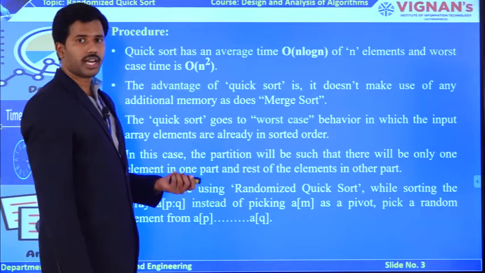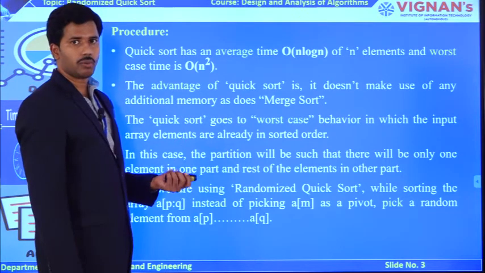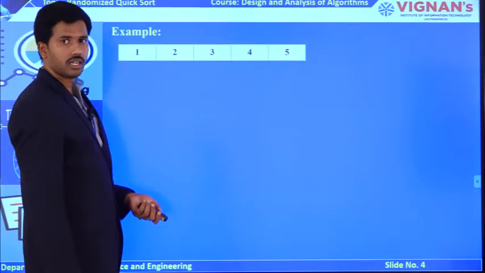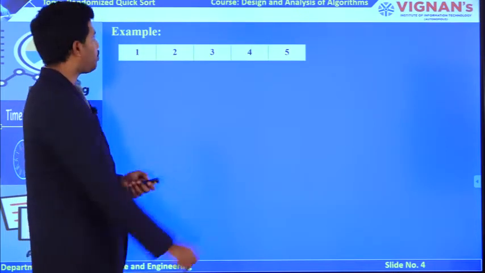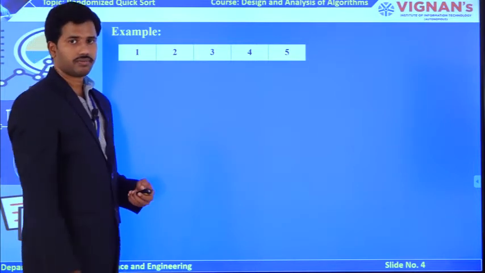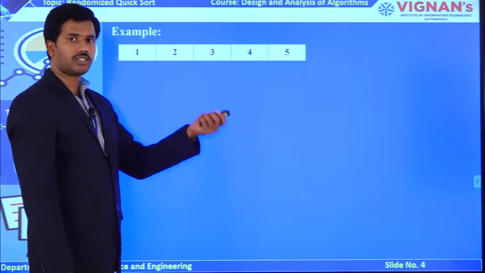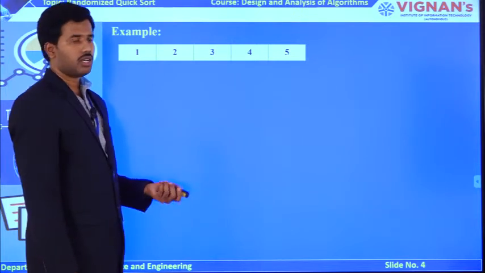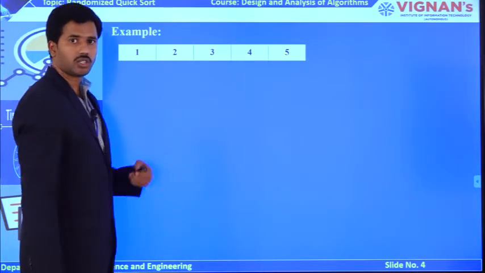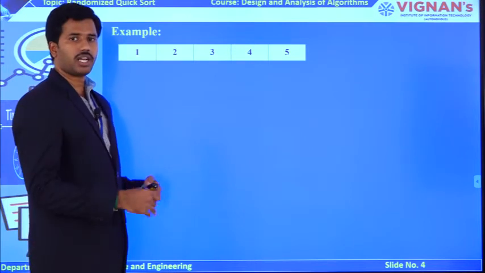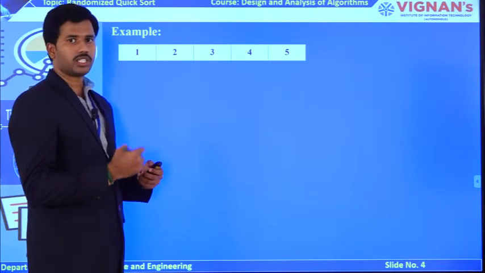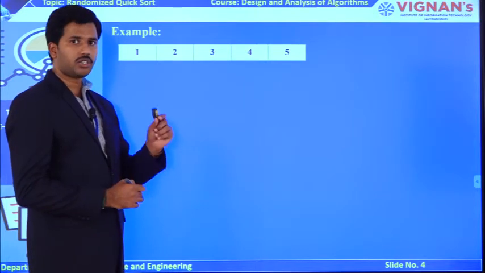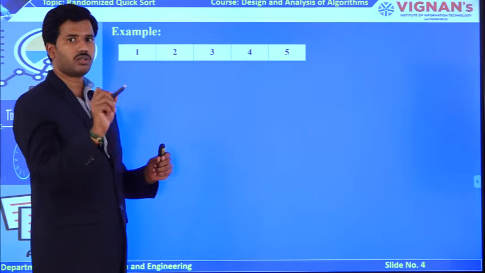Now let us observe an example, so how it is going to be possible. So this is my example. If you observe here, this is my input array, and my input array is already in a sorted manner. If the input array is already in a sorted manner, ultimately it produces the worst case which is of order of n square. So what happens if the input array is in an unsorted manner? Ultimately my algorithm will produce a time complexity of order of n log n. So now my target is to convert that order of n square into n log n.